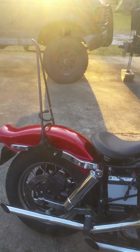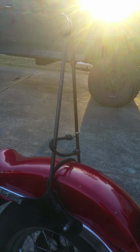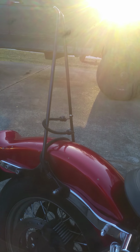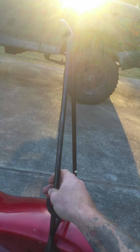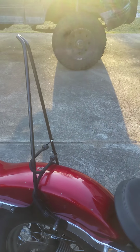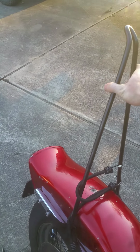Alright, right here on my '85 Wide Glide, I've seen a lot of people ask what's an easy way to make a sissy bar if you don't have a torch. I took this 1/2 inch round stock, and I got a MAP gas torch a while back from Home Depot. It was like 14 bucks for a refill or something like that. The round bar was $7, and